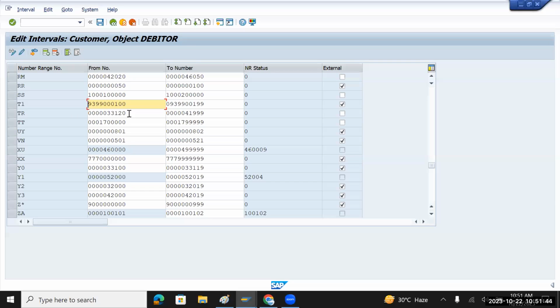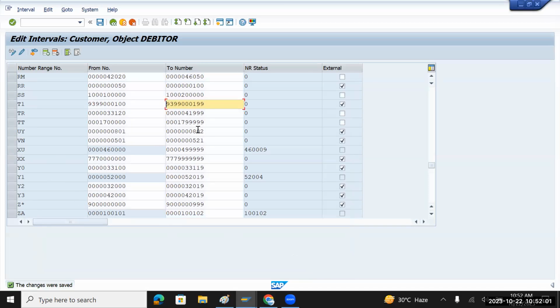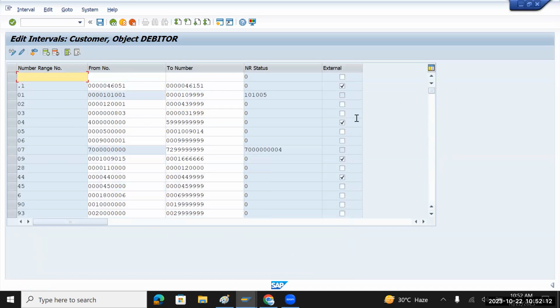So this series, and okay, now save this number. So T1 we have created. Copy this T1 and go back onto the top. Here I will mark it as T2. T2 we will be using for